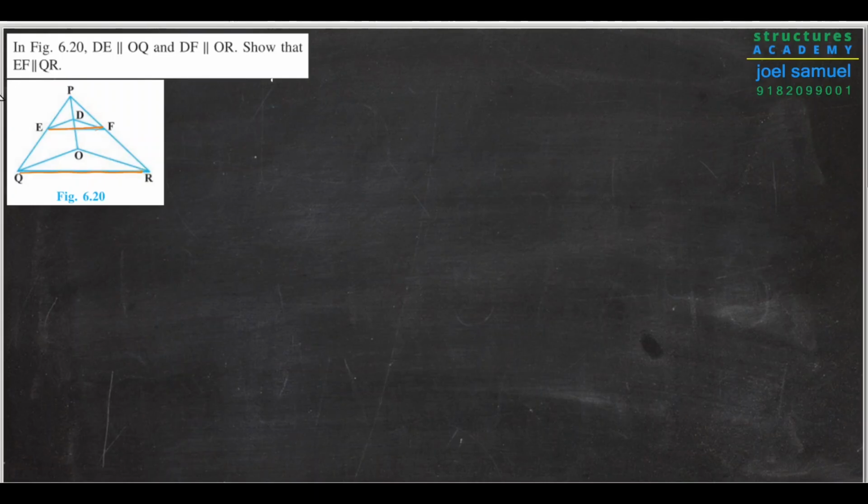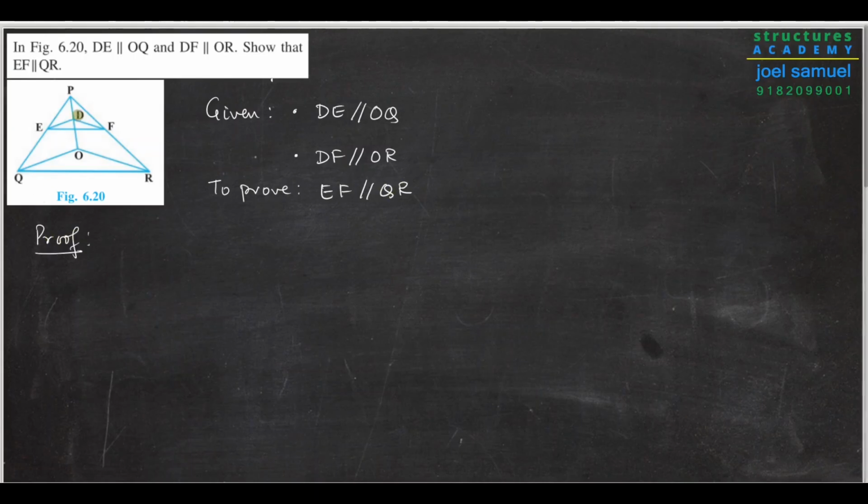So let us write down the given data. Given DE parallel OQ, DF parallel OR. To prove EF is parallel to QR. Proof. So first, our strategy is to consider this condition that they have given. So if you take this triangle into consideration, you notice that these two sides are parallel to each other, which